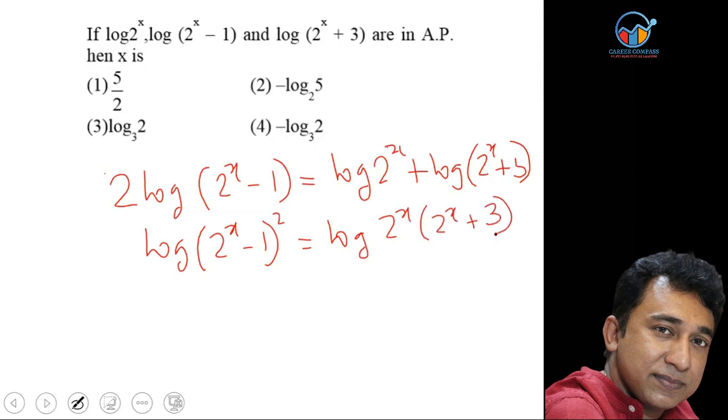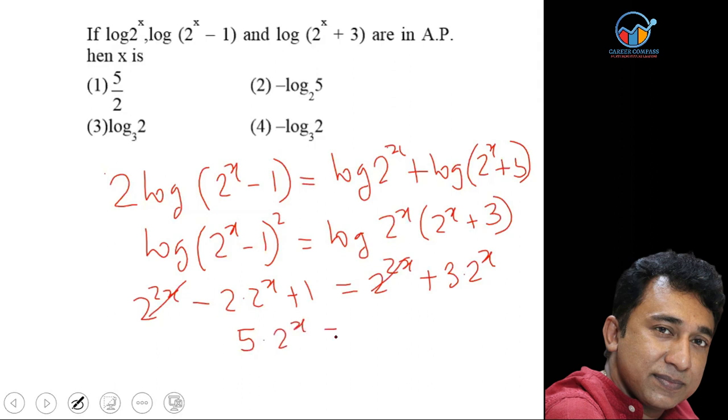Then you can ignore log and you can expand, in fact. So we'll have 2 to the power 2x minus 2 into 2 to the power x plus 1. While on the right hand side, we'll have 2 to the power 2x plus 3 into 2 to the power x. So 2 to the power 2x gets cancelled, and hence we have 5 into 2 to the power x equal to 1, which means 2 to the power x